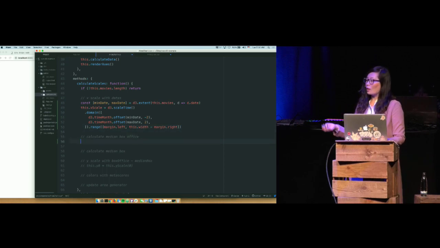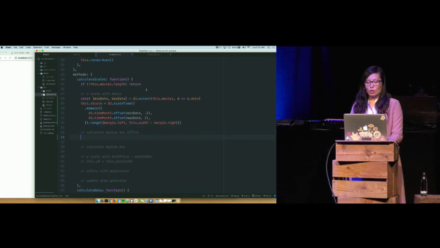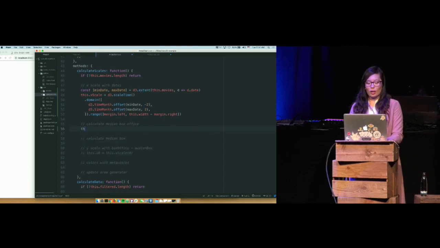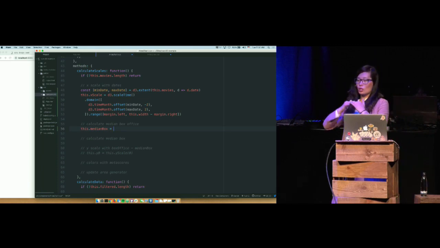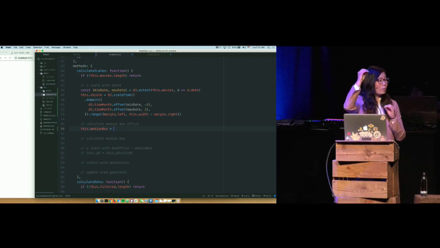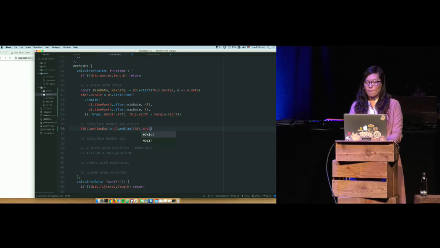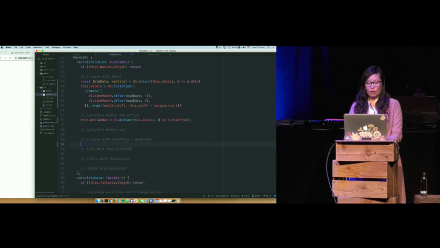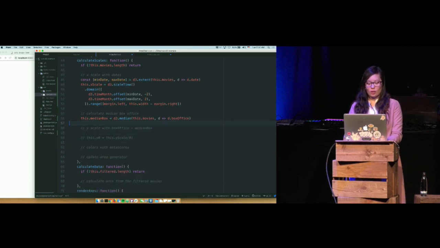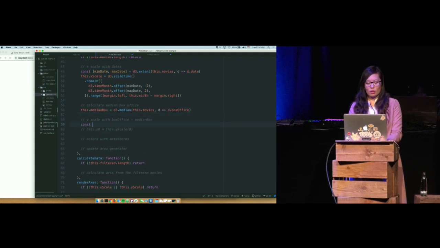And then I want to calculate my Y position. So what I want to do is calculate my median box office figure, because remember that my Y position is the difference between each movie's box office figure minus the median box office. So calculate that first. So that's my box office figure. And then I want to create the Y scale. So get the min and max box office,